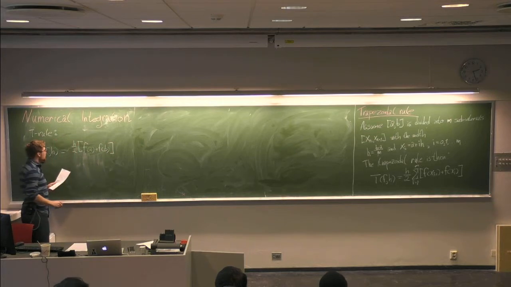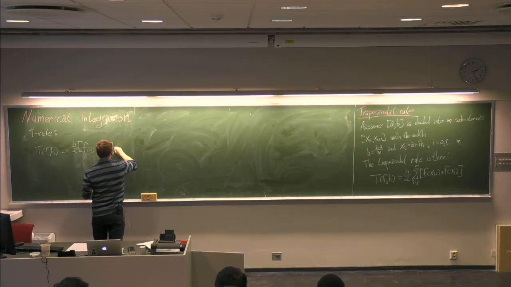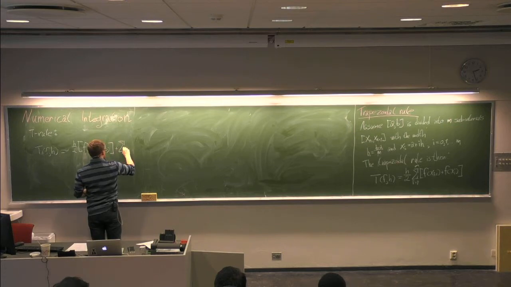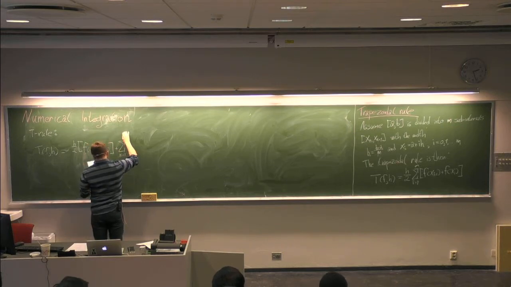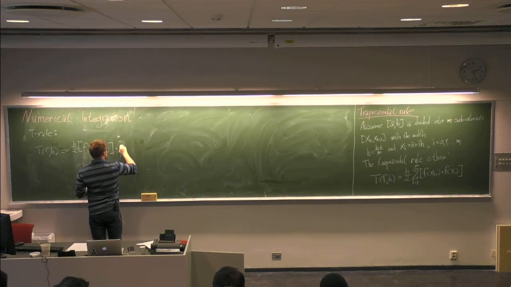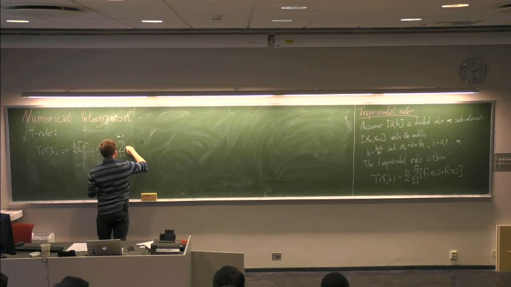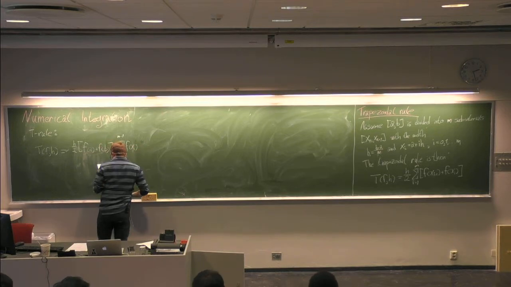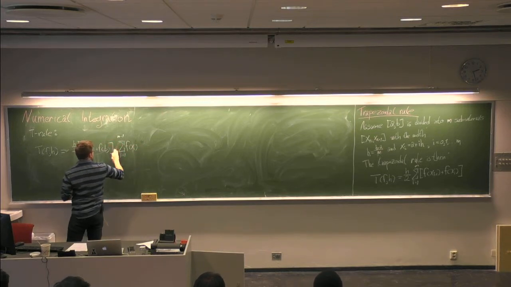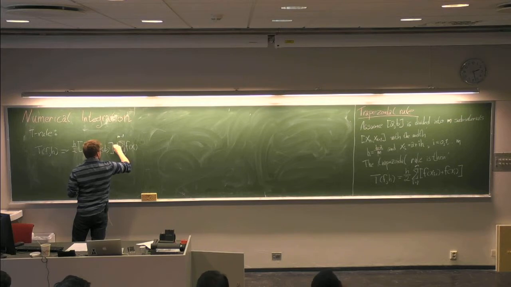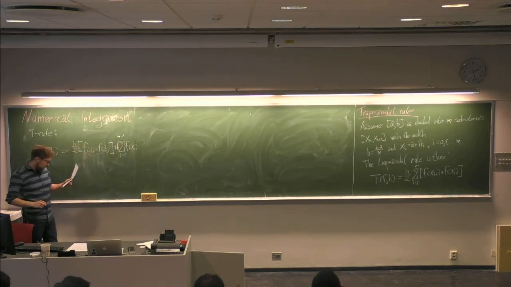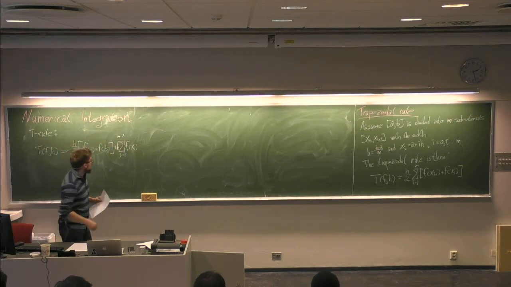So this is the endpoints, and then you have the plus all the inner points, k equals 1, 2, nope, i, up to m minus 1, of f(x_i), like so. Well, it should be an h times this. Yes. So basically how this looks,